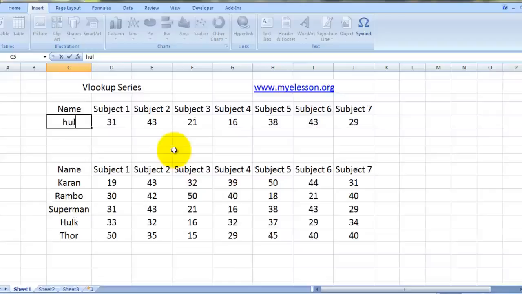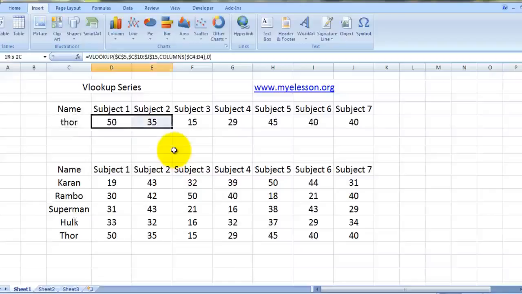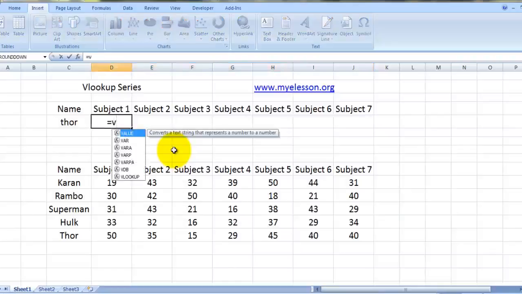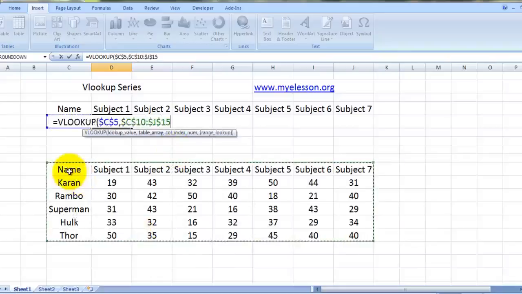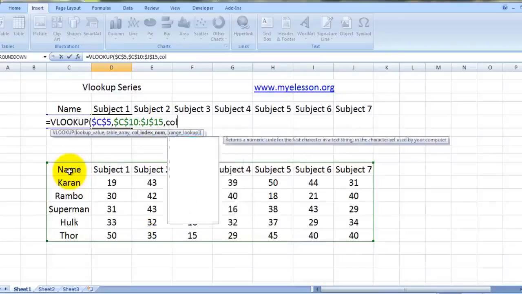Now we can change this to Hulk. Here we get the marks of Hulk. We have it Thor. Here's Thor. Let's do it once again, just for revision. Equal to VLOOKUP. Select, fix it using F4, comma, select the table array, press F4 to fix it, comma, now the COLUMNS formula,